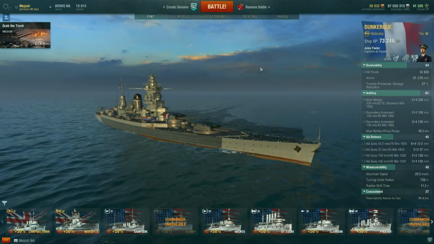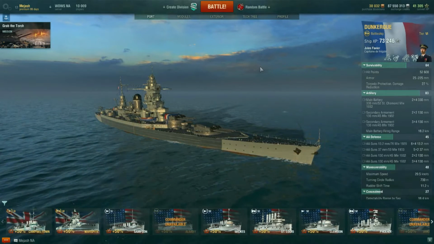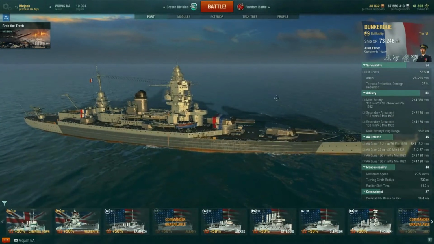The first French ship in the Tier 6 premium battleship, the Dunkerque. Now, the Dunkerque is a pretty interesting looking ship. You may ask yourself, what's so special about it? Well, the Dunkerque only has two front guns. You can see there's no back guns on the ship, so it's a different play style heading towards these mid